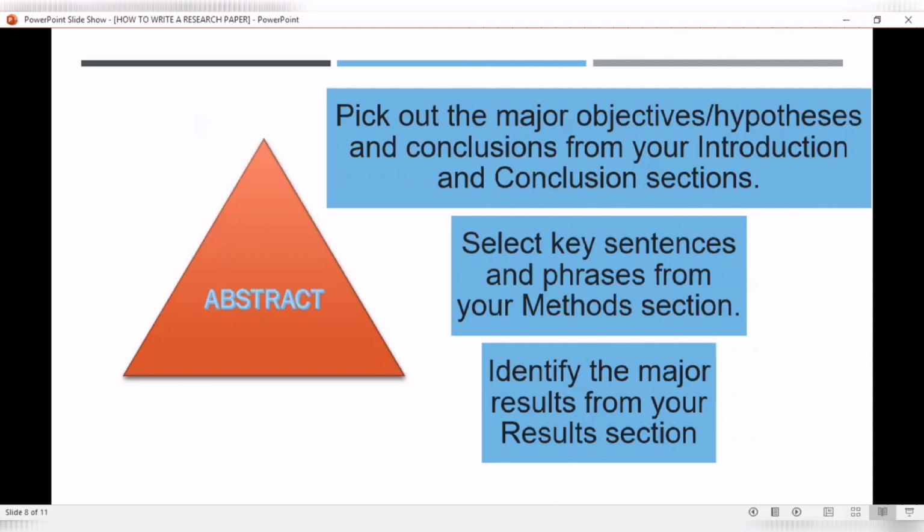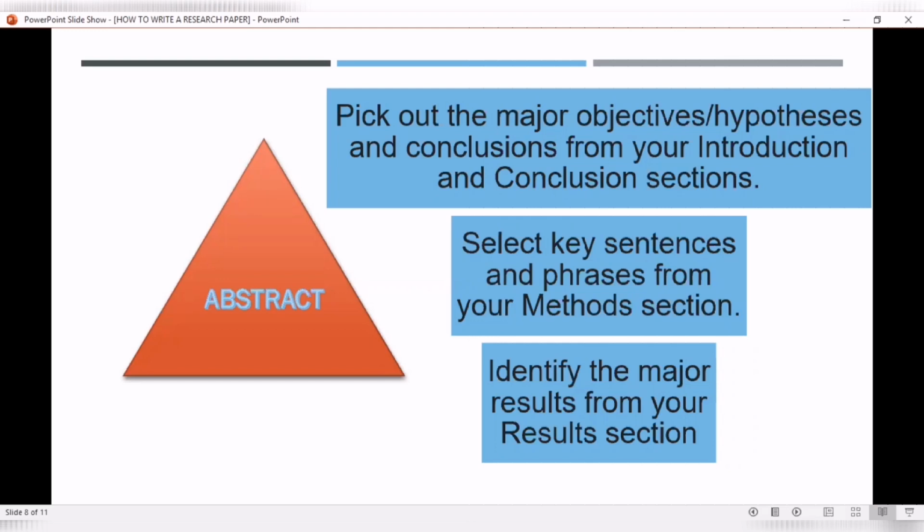So before writing the abstract, you must fulfill the following three rules. As you can see, before writing an abstract, you must include your major objective, hypothesis, and conclusion in your abstract. From reading your abstract, which is the main essence of your paper, the reader will get to know what you have done, what you have found in that paper, what methods or technique you have used, and what methodology you have adopted.